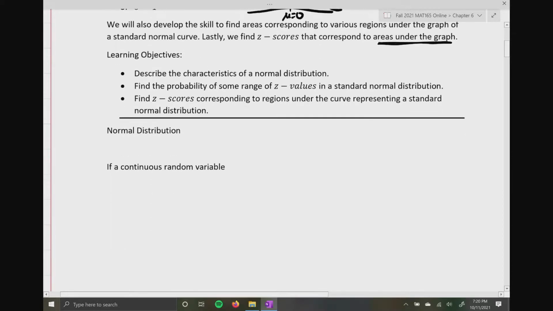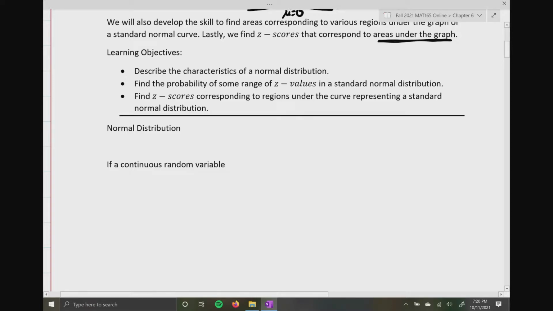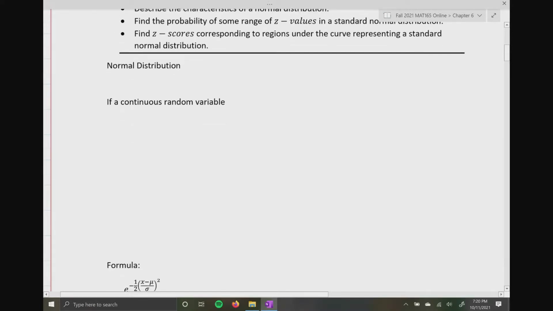So the first thing I want to go over is, well, what is a continuous random variable? So a continuous random variable has a distribution